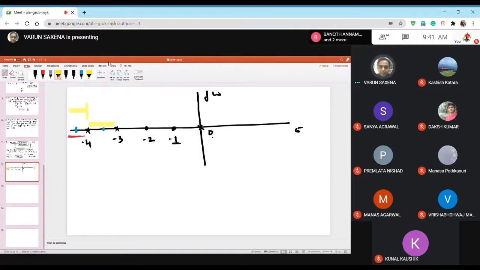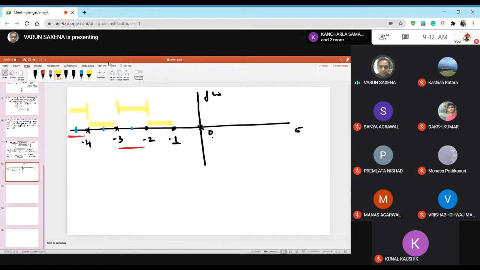Then let's look at the third segment. For this segment, let's say there is a point here, anywhere between -3 and -2. Then I will say safely that yes, this point lies on the root locus. So there will be a root locus branch here. Which direction it will go will come later, but there will be a root locus branch. Let's just go one by one. So there will be a root locus branch between -3 and -2.